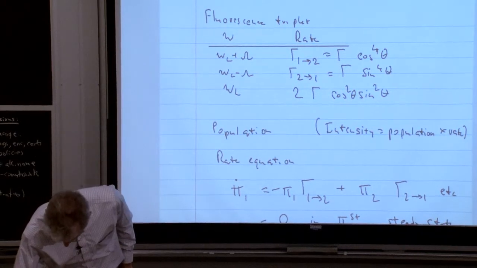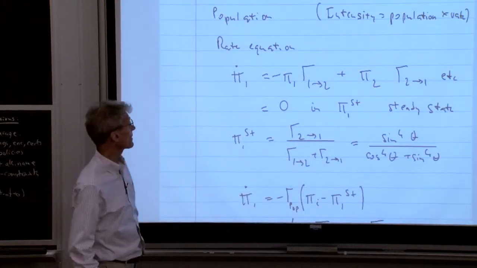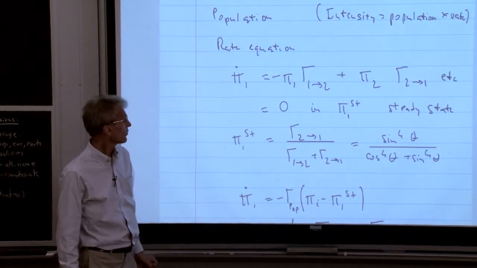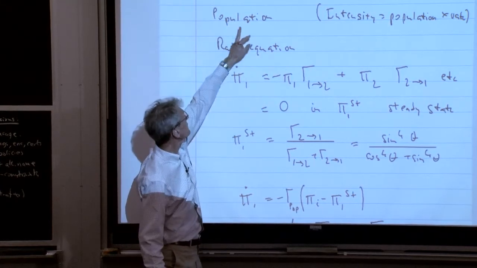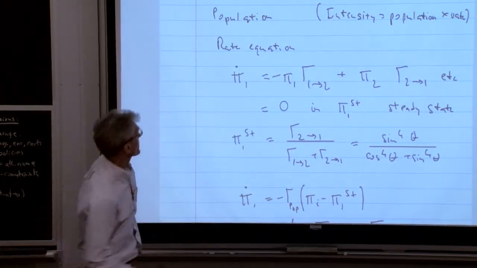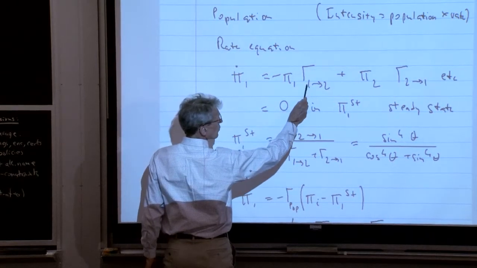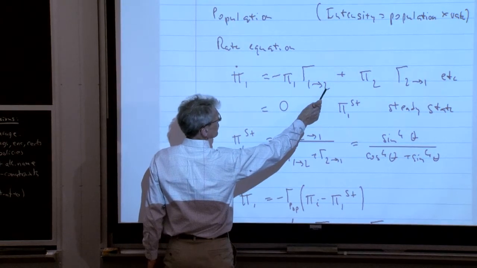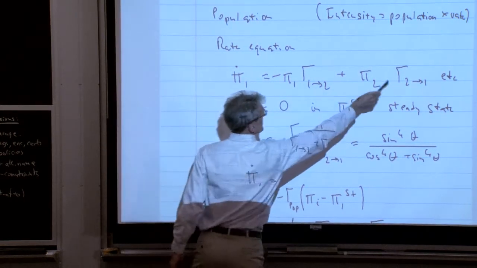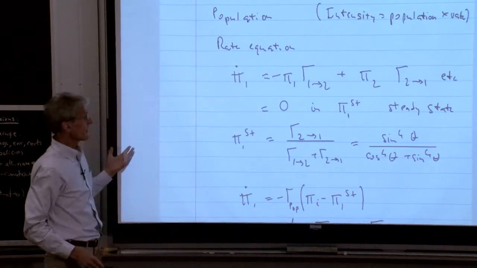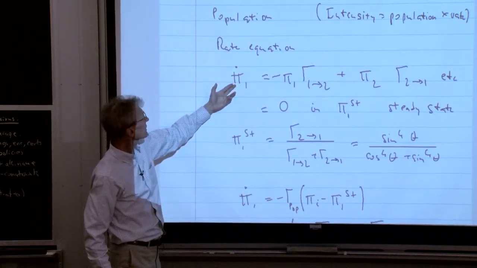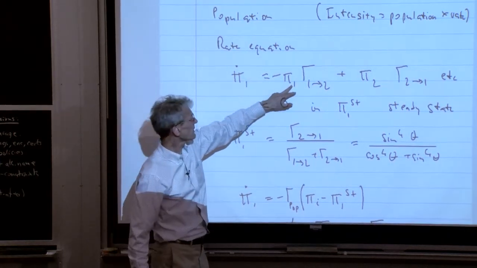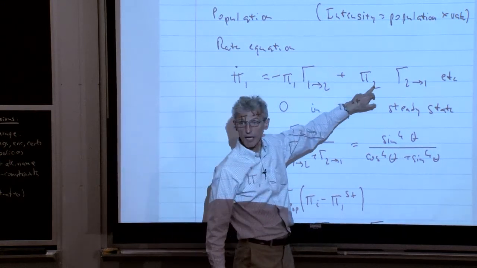Well, we know the transition rates between the upper and lower dressed states. We have just found the rate. What is the rate? What is the matrix element squared when you go from 1, the upper, to 2, the lower state of the manifold? So we have just gotten those rates. And a rate equation says the change of population in the upper dressed state is given by the departure from the upper state and what arrives from the lower state.